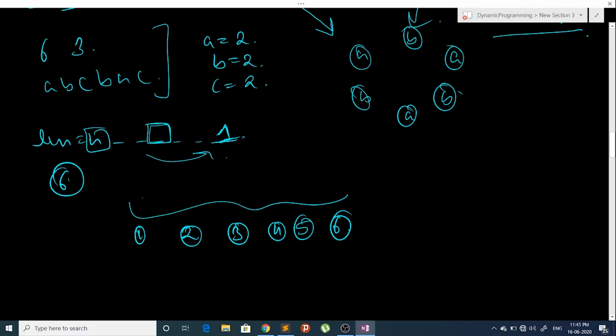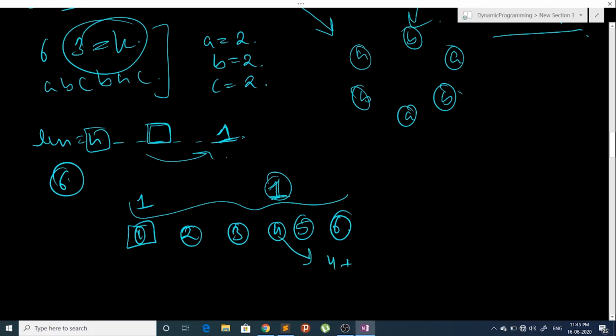So I'll mark it visited, let's say I mark it 1, and then I will go to k plus this index. So I'll go to 1 plus, let's say k is equal to 3. So I will go to 4 and I will mark this 1, and then I will add 3 to 4, it is equal to 7.